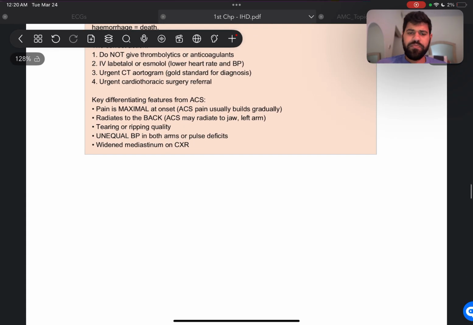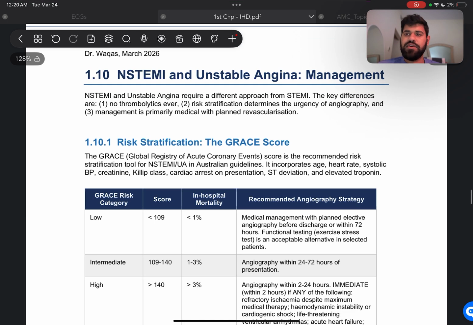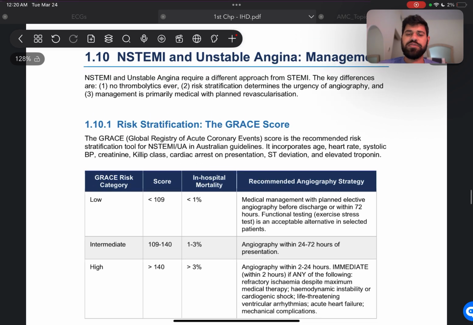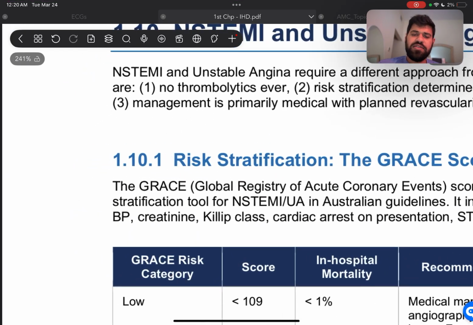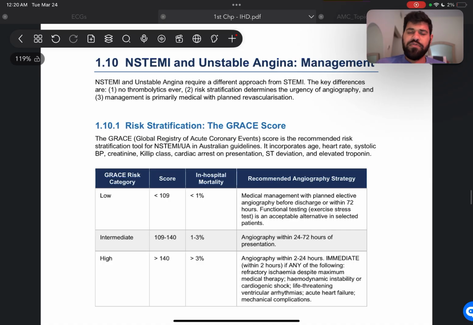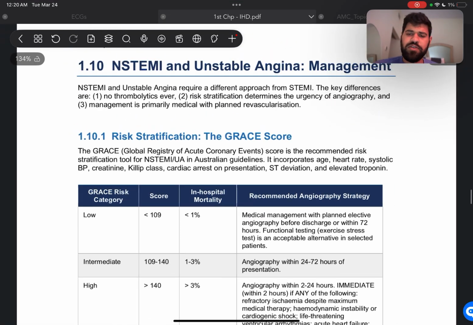All right. Now coming to NSTEMI, the NSTEMI and unstable angina management. So one thing is that there is something called the GRACE score. Now, GRACE score is not something that you should worry about, because there's an online calculator available. It calculates based on weight, age, and gender, and the other risk factors the patient has. And the same for Killip class. So Killip class, you don't need to calculate it. There's an online calculator available for it.